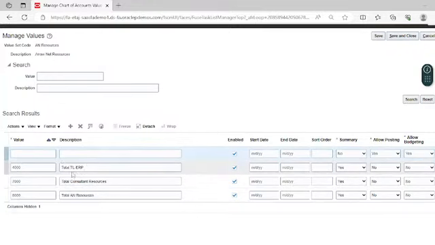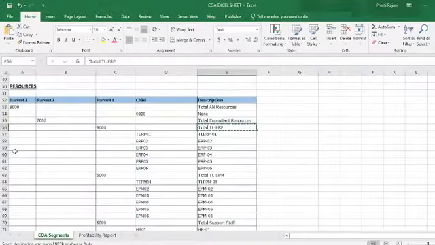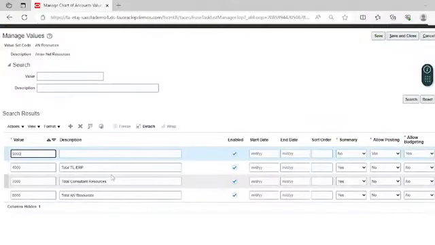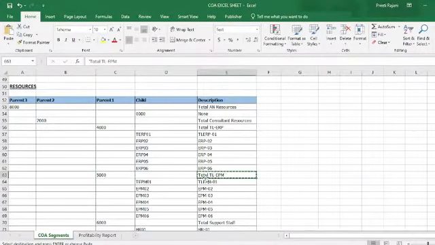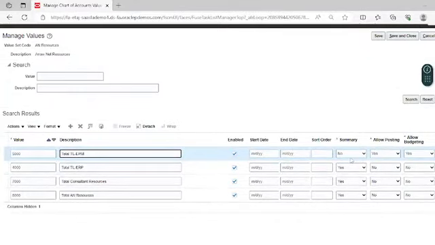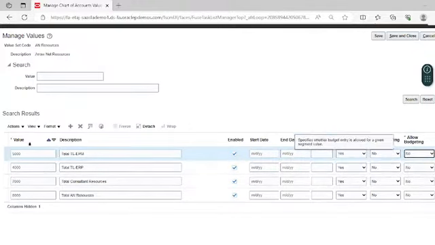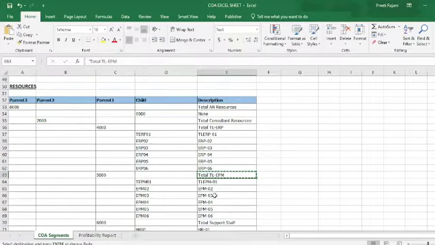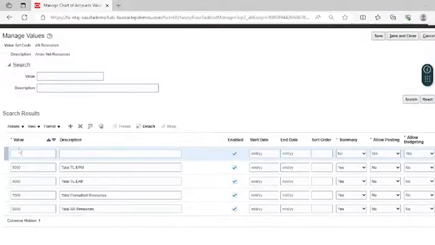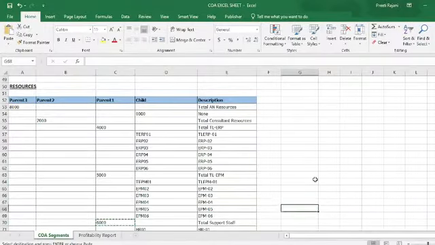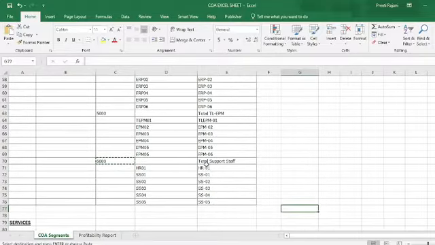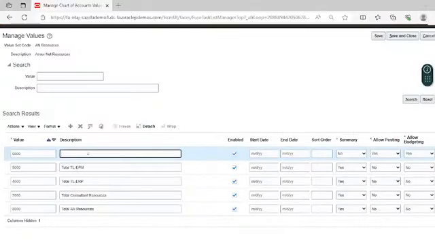Also this team lead can also be the resource. For the supporting staff, which is permanent non-billable.